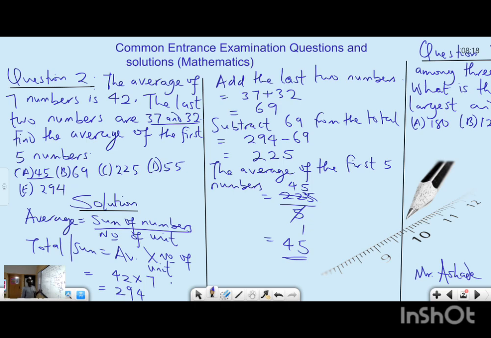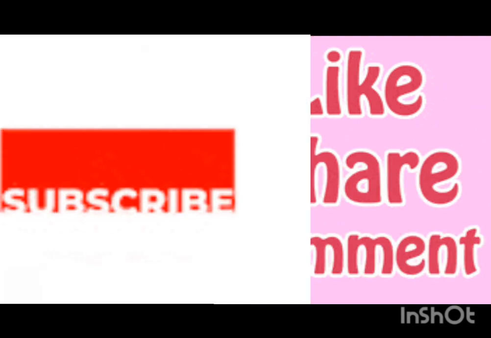So that is very simple. When you see a question like this that tells us the average of some numbers is something, first find the total. And if you are given some of those numbers, add them together, subtract from the total, and the other ones will become the average. You divide by whatever they ask you to find, whether it's the first 5 or the first 4 or the first 2. So we go to the next